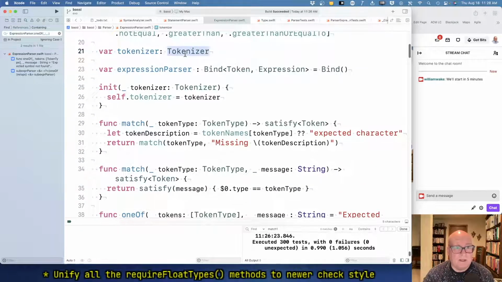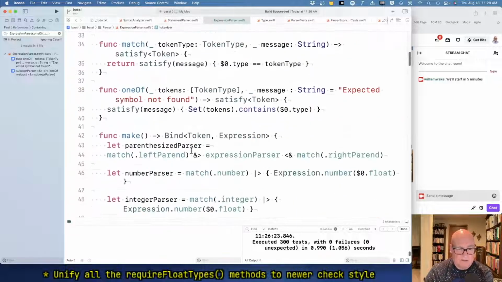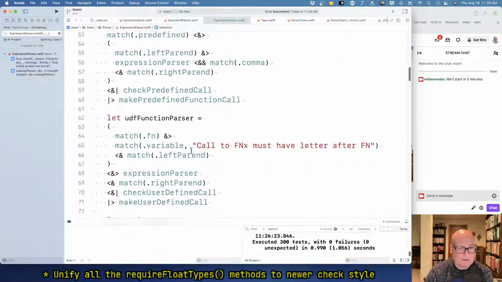I'll work on a better name. And yeah, we'll change those over. I think that'll get this duplication out of here, and I think that'll be a wrap on the